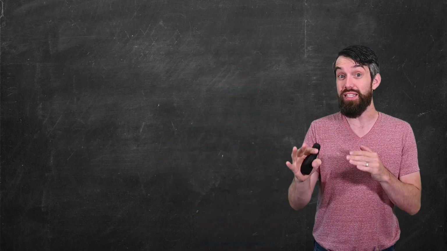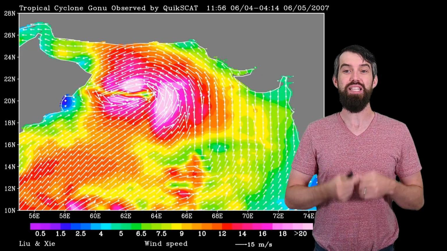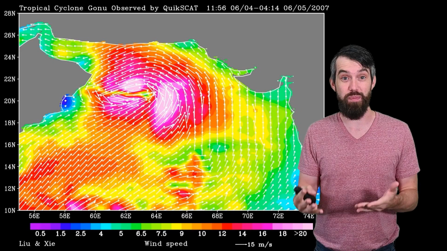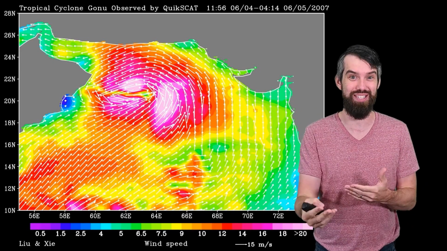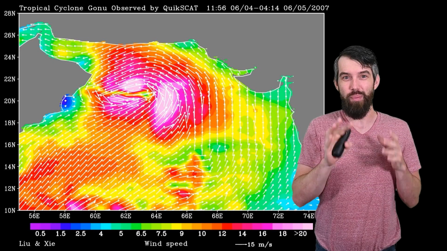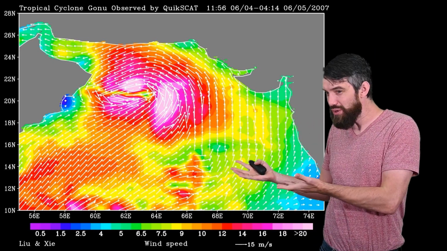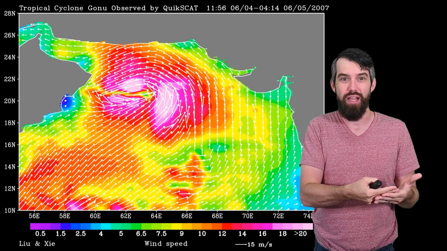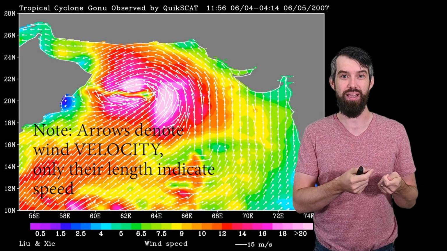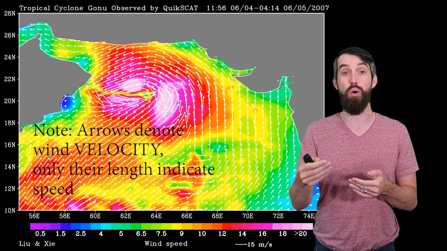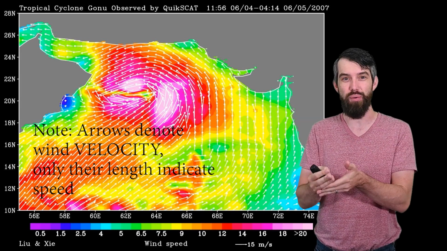Let me give you a different example. This is a standard plot of wind speed. I sure feel like a weather person right now, standing in front of a green screen with a weather map behind me. But nevertheless, what this shows is that at every spot, there is an arrow, and that arrow indicates the wind speed. This happens to be a map at a particular point in time for a tropical cyclone,